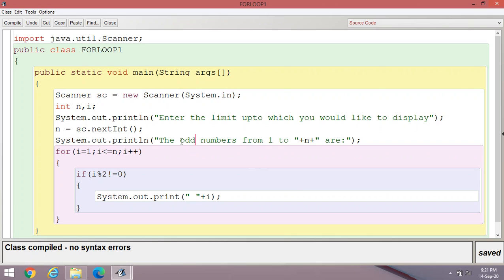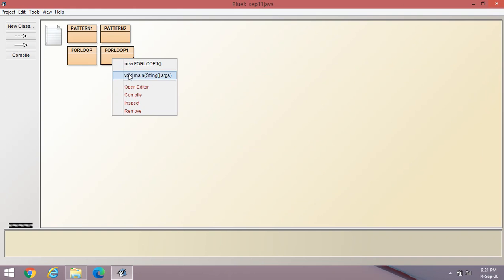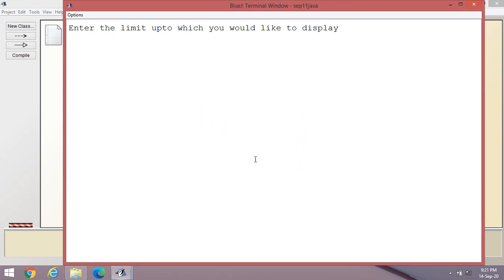You can display the numbers from 1 to n divisible by 3. You can write here i modulus 3 is equal to 0. Now check the output. Suppose I write 20 here. These are the numbers which are divisible by 3.